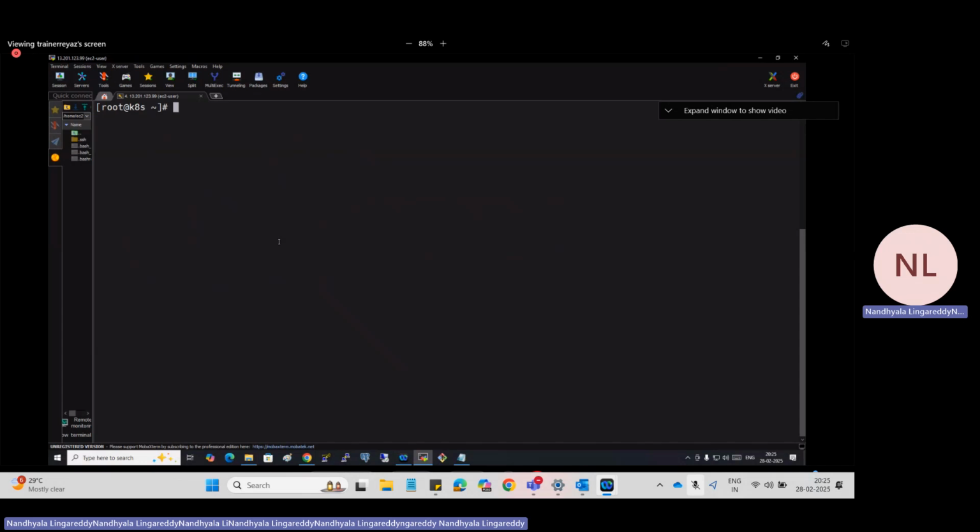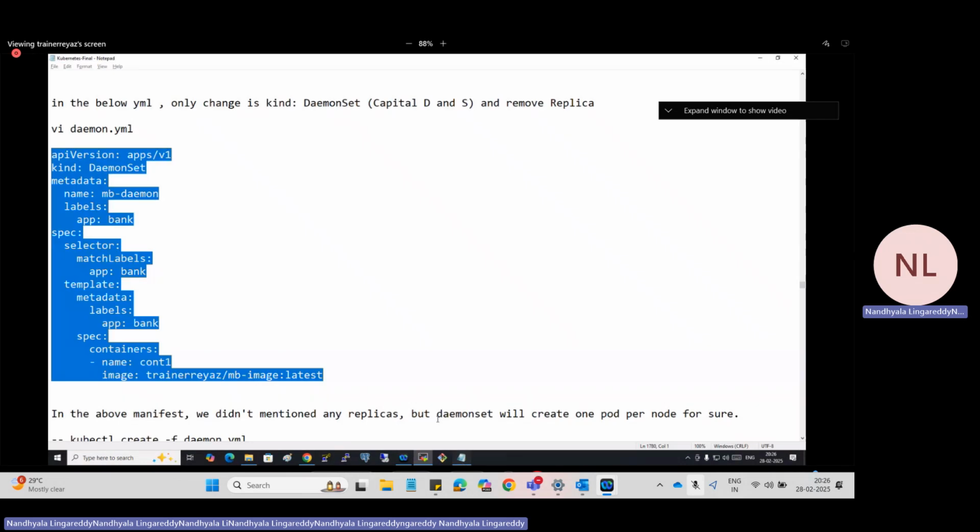People don't know that. We call it target port. People get lots of confusion between node port and target port. Target port is not mandatory, but we can go for it. If you don't put the target port, Kubernetes will automatically take port 80, but I'm just mentioning it. So listen carefully.